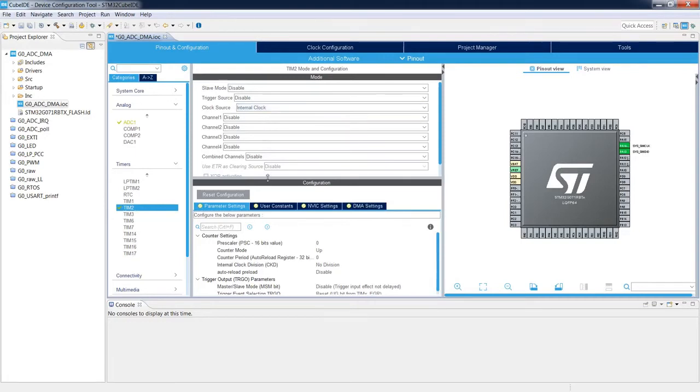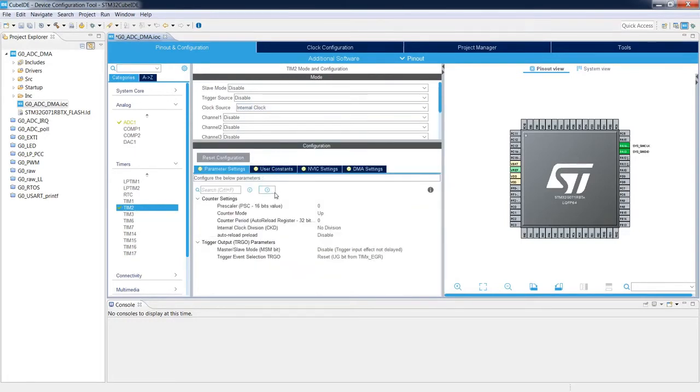So let's switch to the configuration, and we need to set the configuration of the timer to trigger our ADC with the frequency of 1 Hz. How to configure our timer to work with the frequency of 1 Hz on the output and trigger our ADC with this frequency?